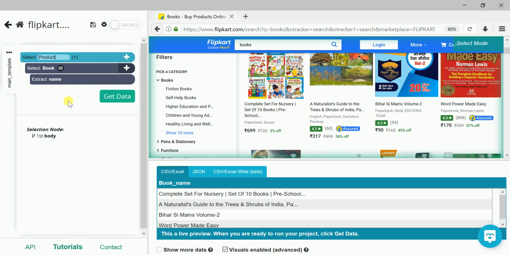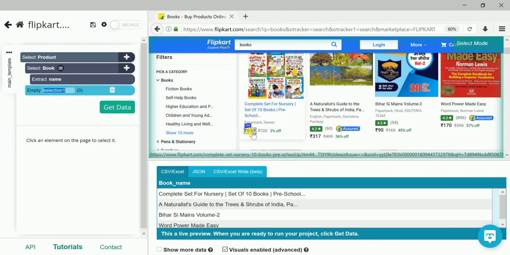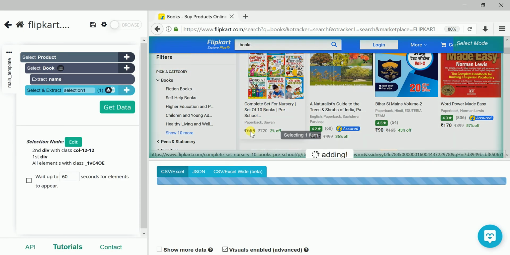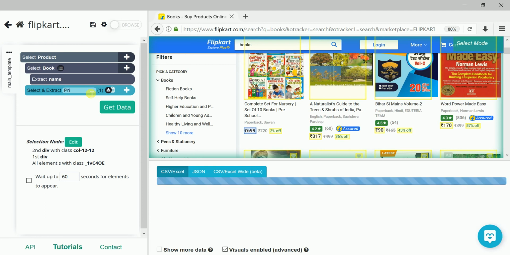So I need to select plus, then select this, then I record the price also. I'll click the price, and it will appear here. We can see the price is coming. I'll rewrite this selection1 as price.